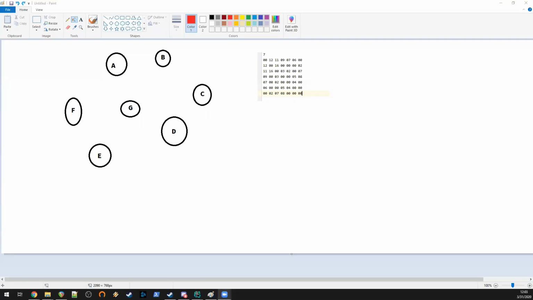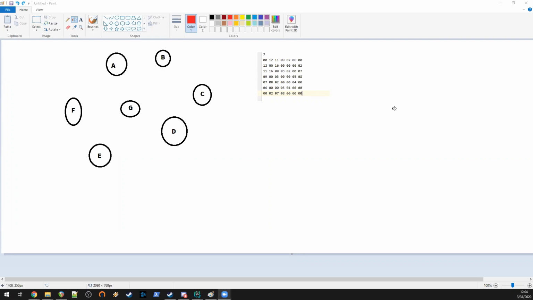Now, a graph is basically a data structure which is formed out of nodes. You can see all these nodes: A, B, C, D, E, F, and G. And on the right side, you will have one way to represent such a graph. Now, you can imagine these nodes as being cities, maybe, and the links between them are called edges, and they represent the roads from one city to another. Now, in this matrix on the right, hope you guys see it properly,